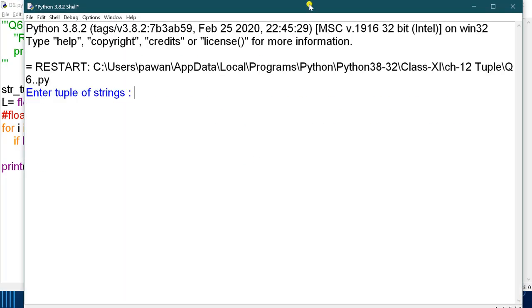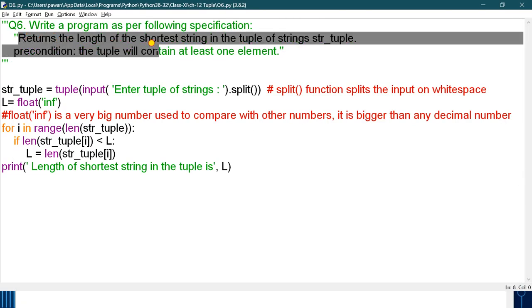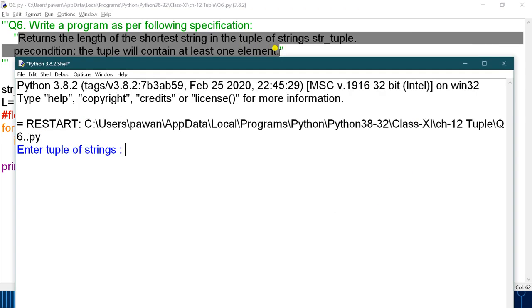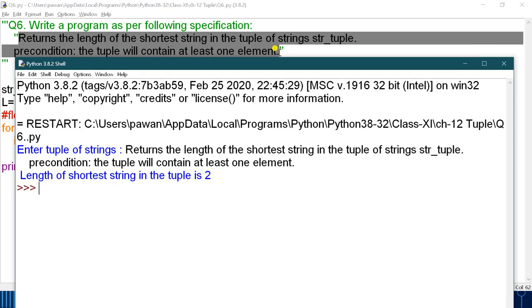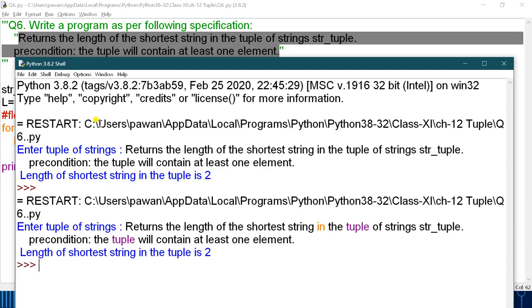Okay. Now you have to enter the tuples. So I'm just copying this. Now the length of the shortest string is 2. Okay. Why this 2? Because the length of the shortest string in the tuple is 2.